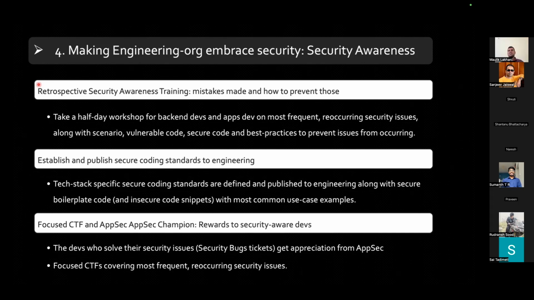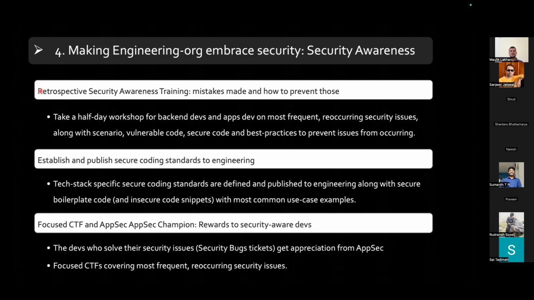So when you go to that particular team and say, hey, you have introduced this many security issues so far, this is the impact those security issues had or could have, and this is how much time we have spent fixing those security issues, when they start realizing the importance of it, they'll start taking it seriously.